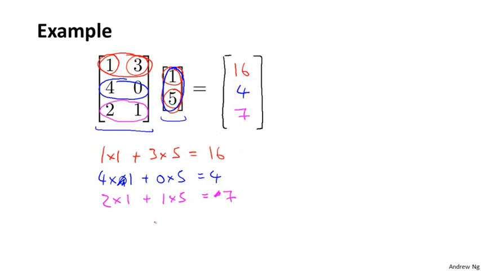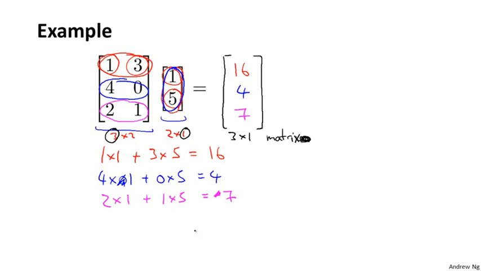Okay? And it turns out that the result of multiplying a 3 by 2 matrix by a 2 by 1 matrix, which is also just a two-dimensional vector, is going to be a 3 by 1 matrix. So that's why I get a 3 by 1 matrix. In other words, a 3 by 1 matrix is just a three-dimensional vector. I realize that I did that pretty quickly, and you're probably not sure if you can repeat this process yourself, but let's look in more detail at what just happened